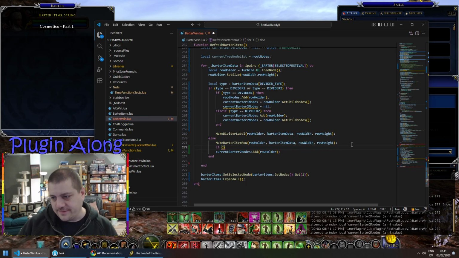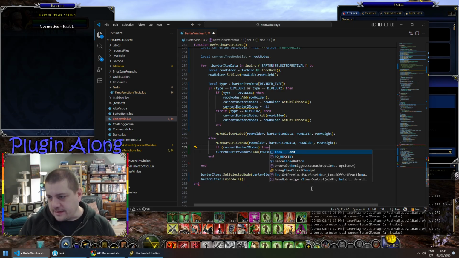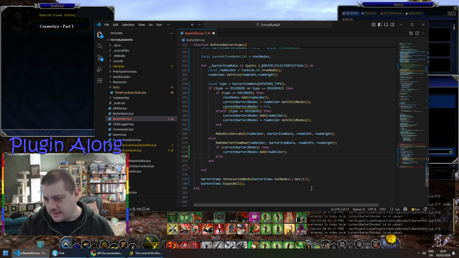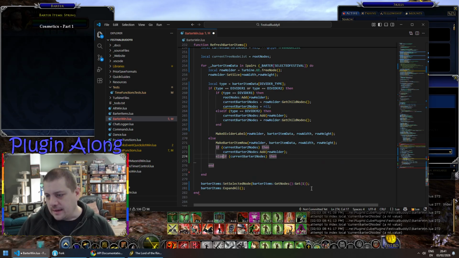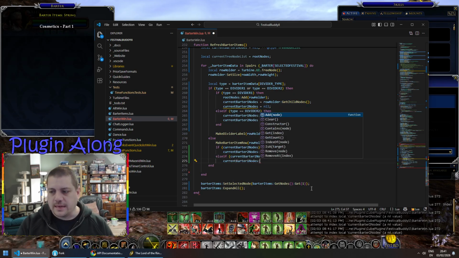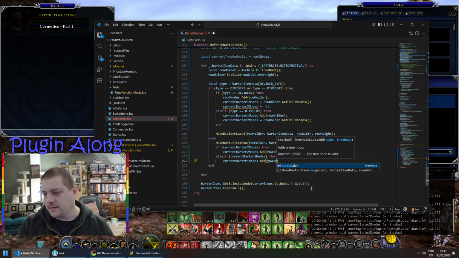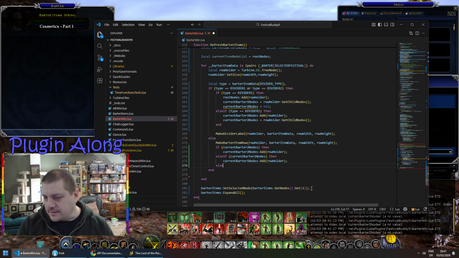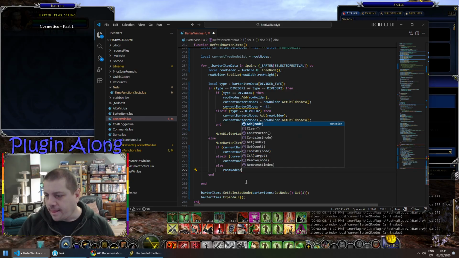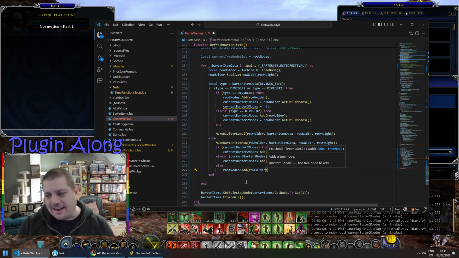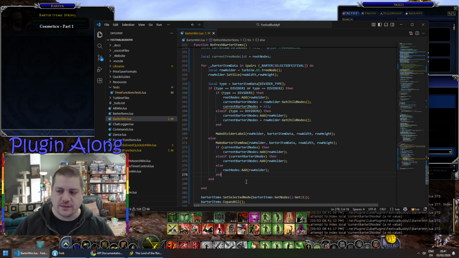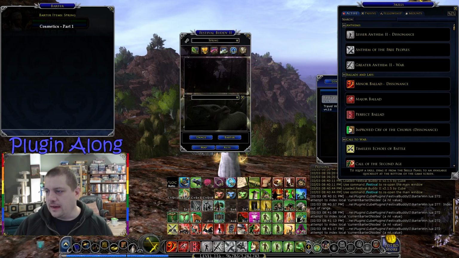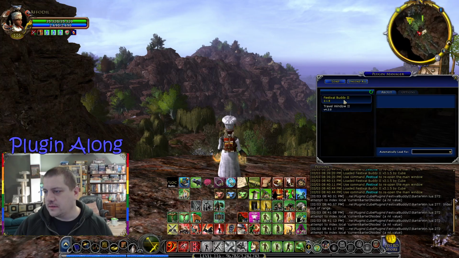So if current barter 2 nodes, then else if current barter 1 nodes, then we'll go ahead and do that. Current barter 1 nodes add row holder. Else, we got to do the root ones. So root nodes add row holder. I don't like the name row holder. I kind of want to go change that, but that's a different problem. So we're going to go ahead and unload, reload,